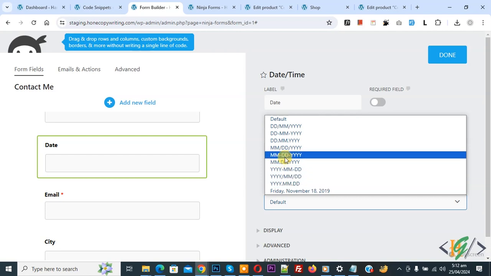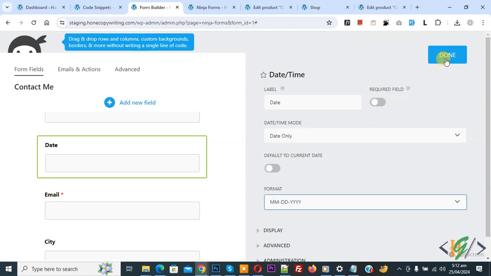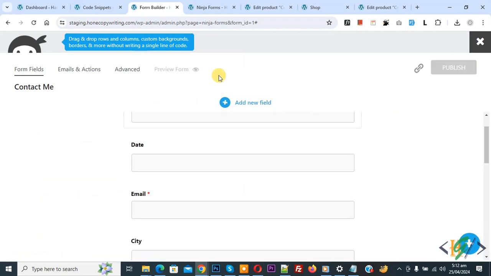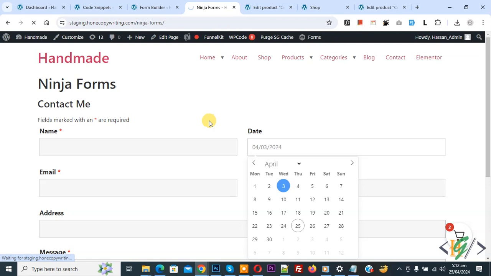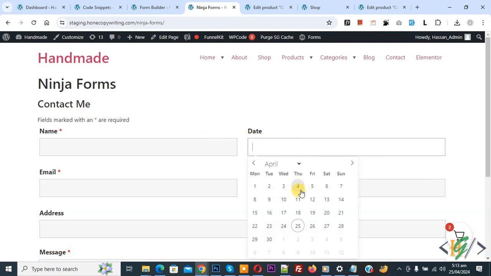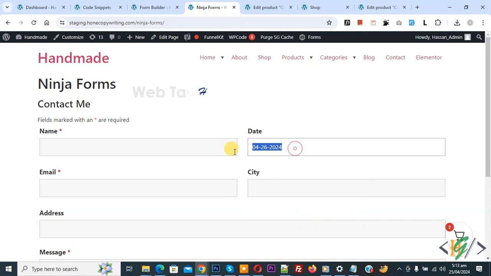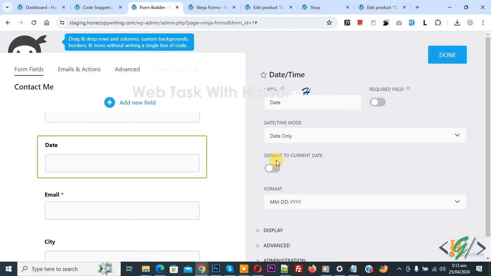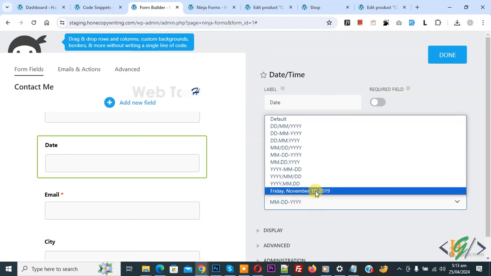Now select this and then click on done and then click on publish. Now publish is done, go to the form page and refresh the page. Now click on the date field again and then select a date. Now you see the format is changed. Back to the form builder, click on date and then you see the format drop down, so you can select